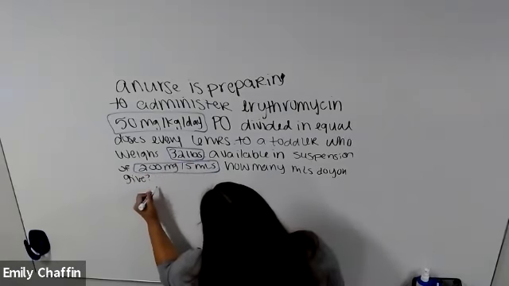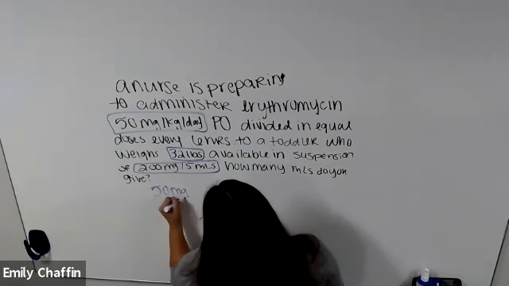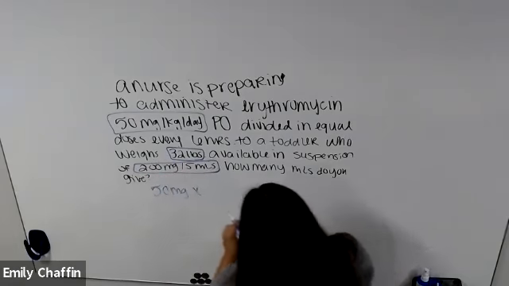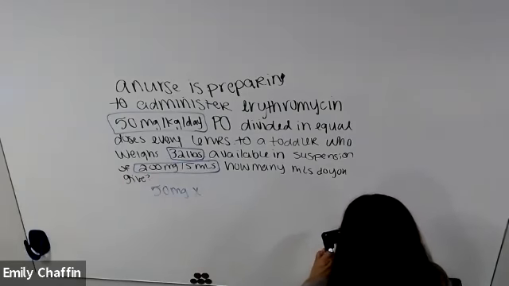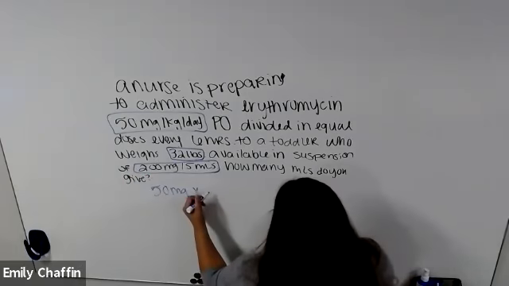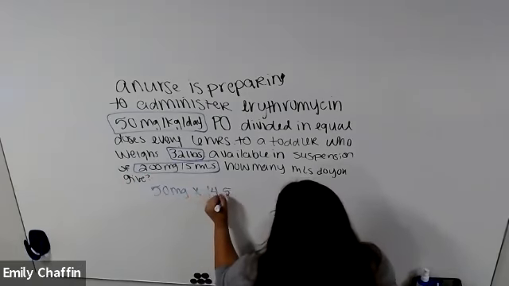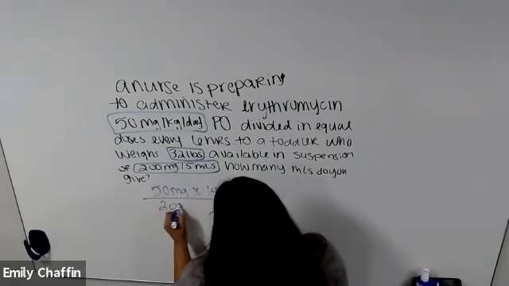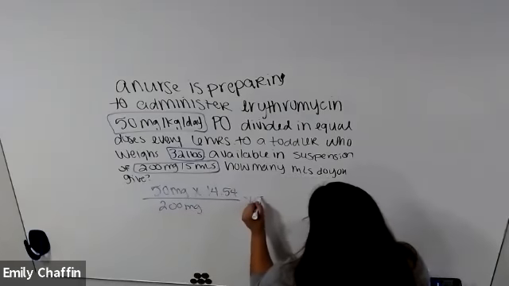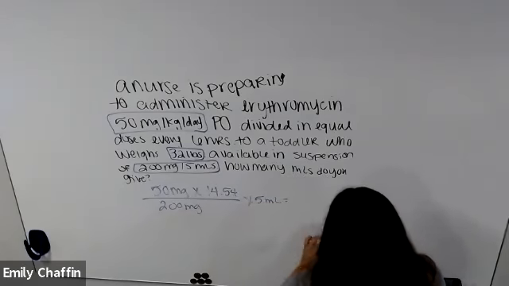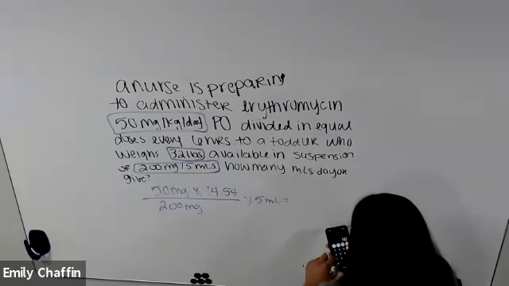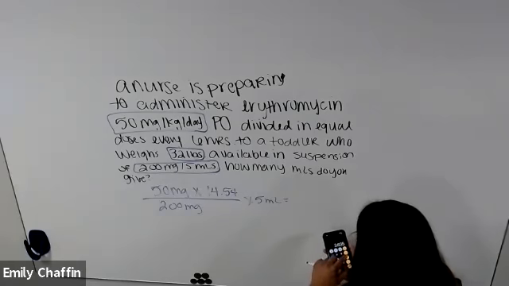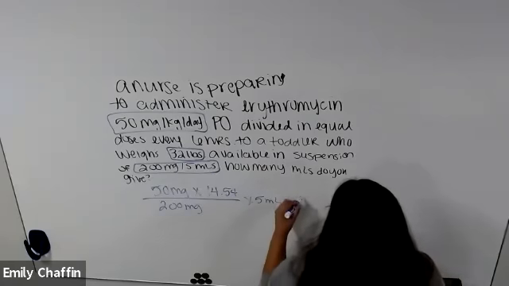So in this problem, I'm going to do 50 milligrams times 32 pounds, which is 32 divided by 2.2, over, so that's 50 times 14.54 divided by 200 times 5. So you should get